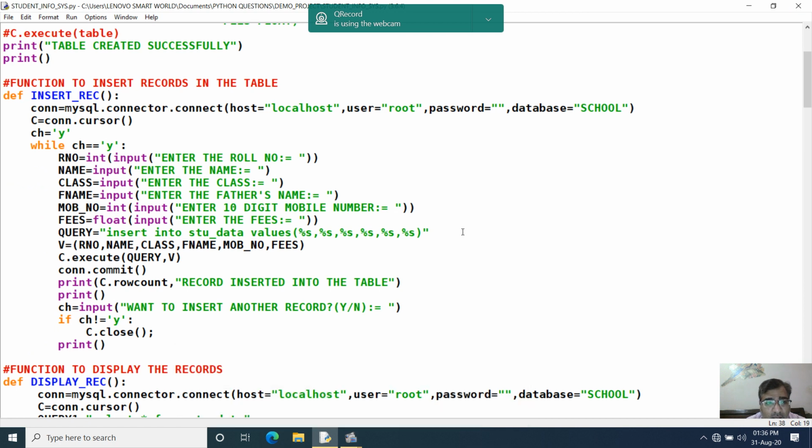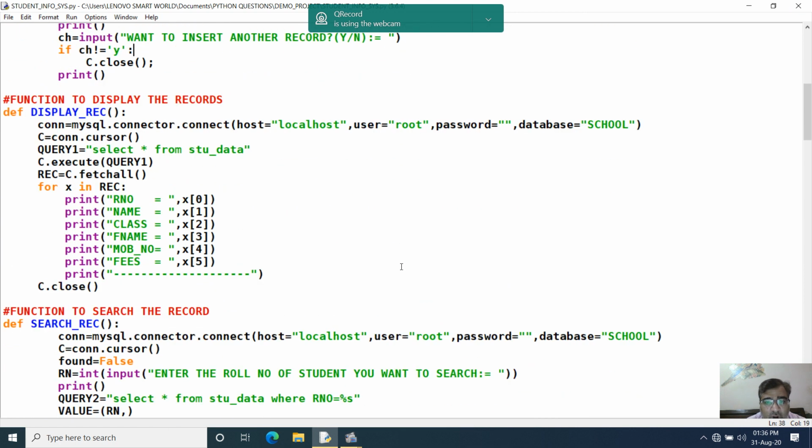Now in the second function, display record, I am displaying the records. Whatever records are inputted in your table, I am displaying those records. I created a simple SQL query, select star from table name. As in MySQL, whenever you want to view all the records of the table, you pass this query.